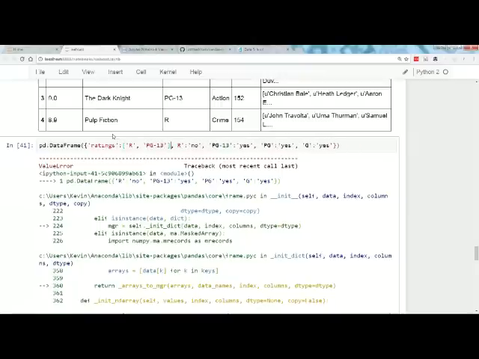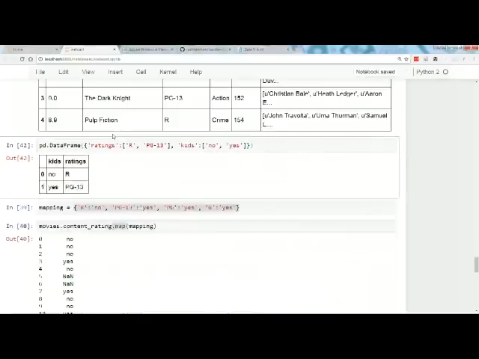So let's start with that. And then kids, colon, no, yes. Okay. So I may have done this right this time. Okay, so you're saying what if I had mapping 2?